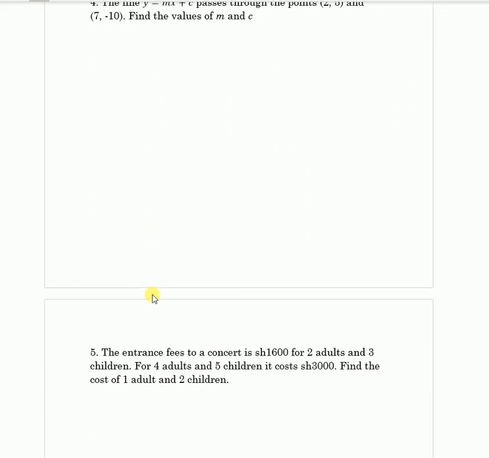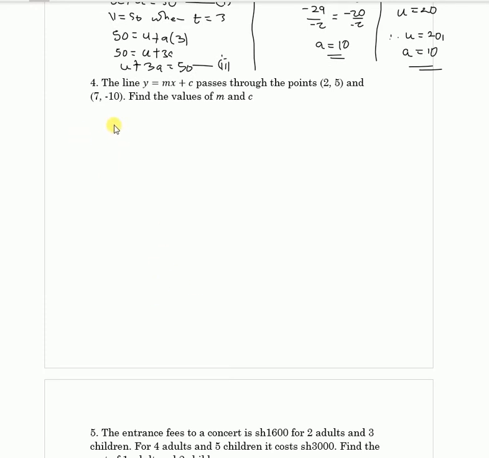Example 4. The line y equal to mx plus c passes through the points (2, 5) and (7, -10). Find the values of m and c. So we have y equal to mx plus c. What we need to know is that